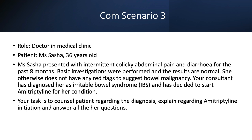Do you have any severe weight loss, change in the bowel, change in your weight? No, no, doctor. No passing out blood. No. And any family members with any cancer or anything like that? No, no. So from the blood results and from the history and from the clinical signs,